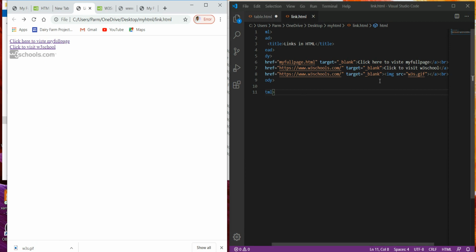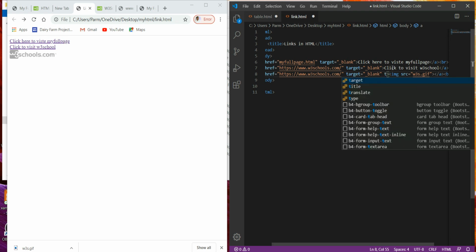In the same way, if we want to give some tooltips to the user about what to do with these links, we can use another attribute of the anchor element, that is title.